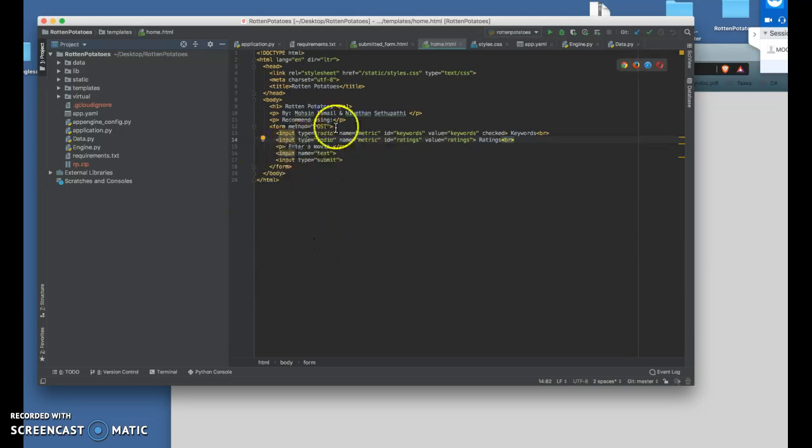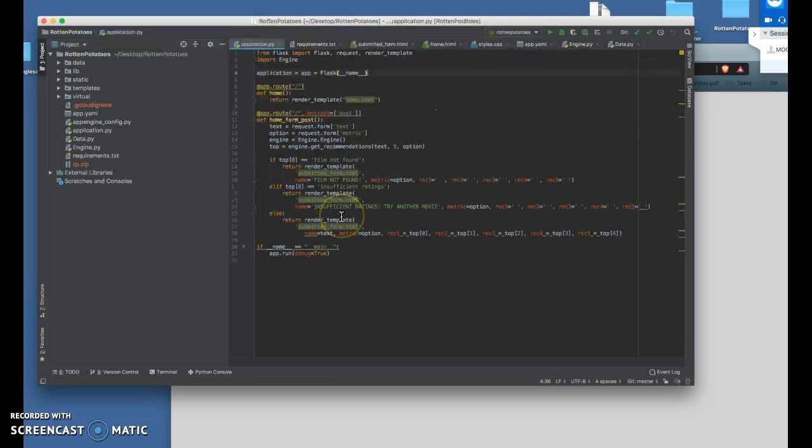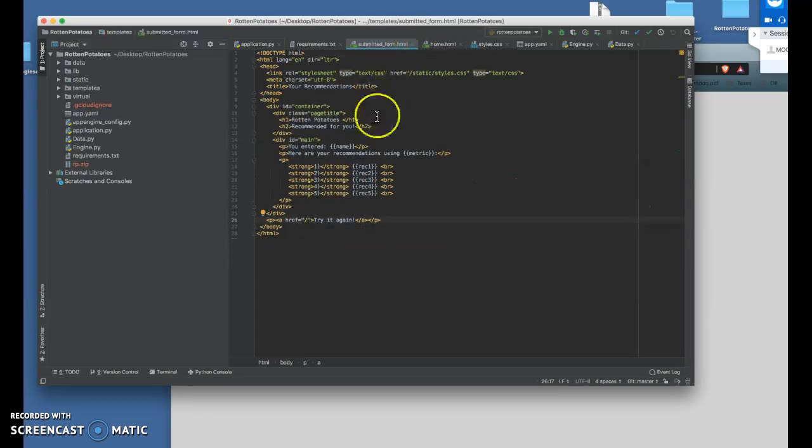the title. This gets used by the application.py, and using the engine's get recommendations function here, it receives the text from the previous submission along with whatever parameter the user chose, and it sends that to the backend to be processed and to come back with whatever recommendations. And all of these are then displayed in the second HTML document, the submitted form document, and we will see that later on when we do a demonstration